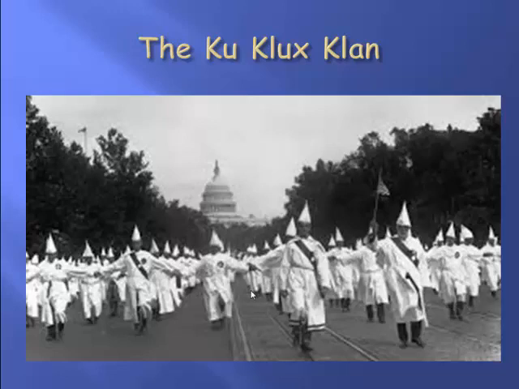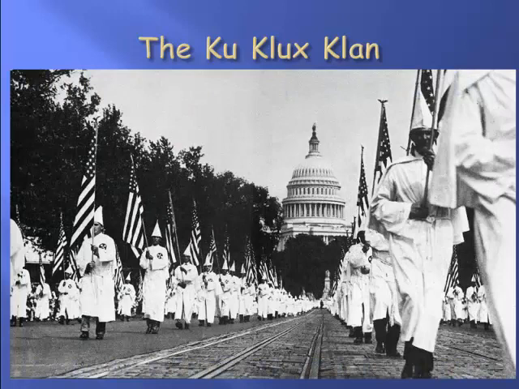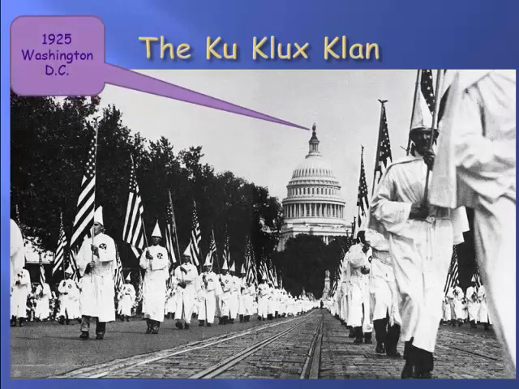So I mentioned the First Amendment rights. We know that as we learn about our Constitution, people have the right to peacefully assemble. And the sad thing here is this group, during this daytime march, they were peacefully assembling. They weren't breaking any laws, and they were allowed to have their little march. But at night, they were targeting African Americans. They were lynching people, and it's going to take a while for the government to be able to curtail that. It's sad. And then another picture of the Klan marching, right? Yeah, that's D.C., 1925. Crazy.